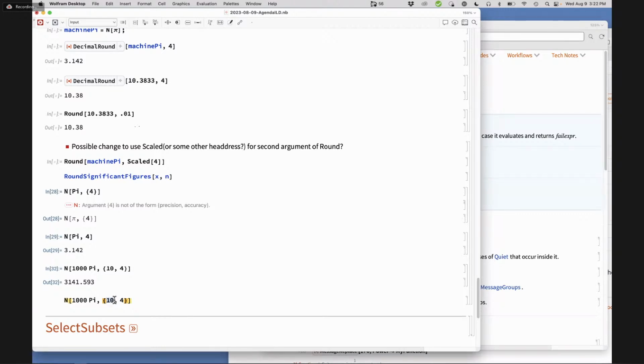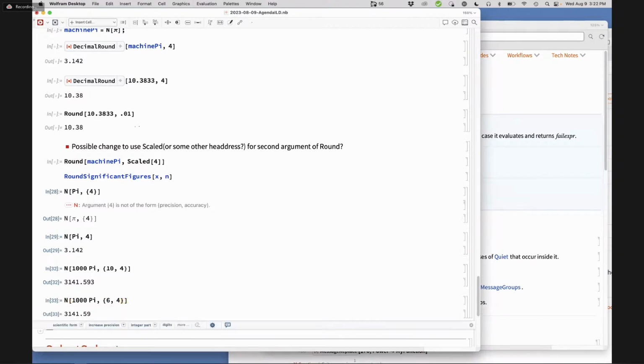So make it 6, comma 4. Then it's going to limit on whichever comes first. It's going to limit on the thing that first constrains it. And decimal round could conceivably have something similar. The thing that I don't like at all is round, but round right now does not have a digit count.